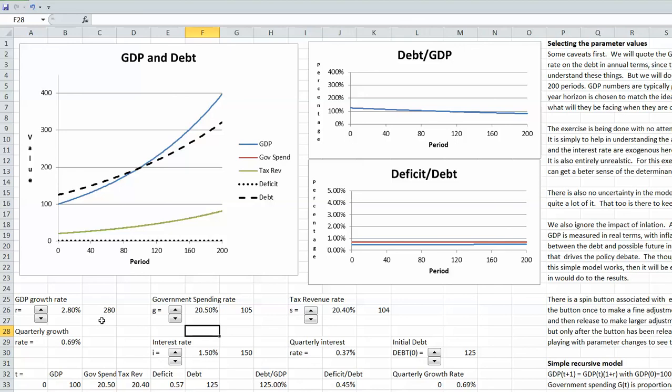So let me just say you can play with the regime where R equals I. I won't do that here. If you did that, then indeed you would like for balance to have G equal S. That is basically government spending would equal tax revenues. If you're in a regime where I is greater than R, then G should in fact be less than S, and you should run surpluses so you can pay off that extra interest. So let's see if